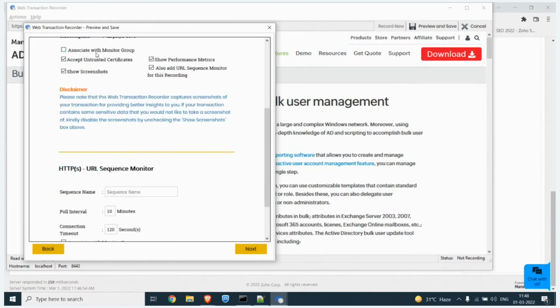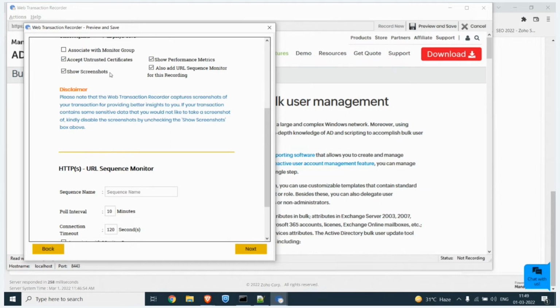So you can also choose the other boxes based on your requirement. You can choose to associate it with a monitor group, and then accept untrusted certificates. This will indicate that the website certificate is untrusted if it's not approved by the Trusted Certificate Authority. Show performance metrics. You can choose this box if you want additional metrics like page rendering time, download time, and blocked time to be displayed.